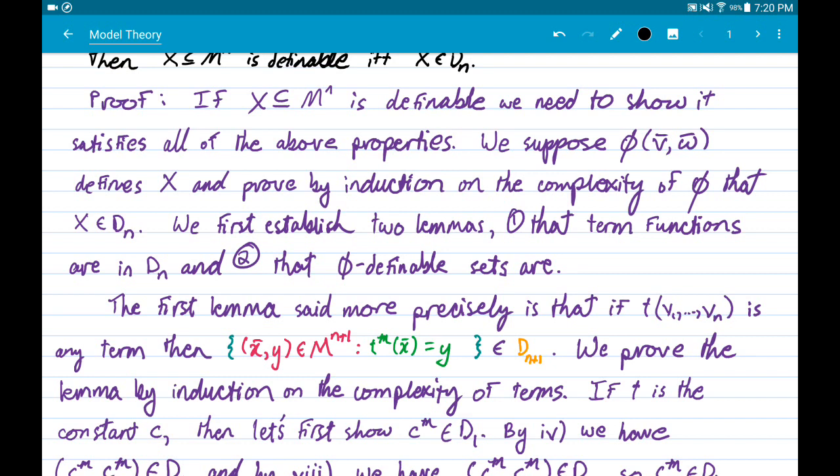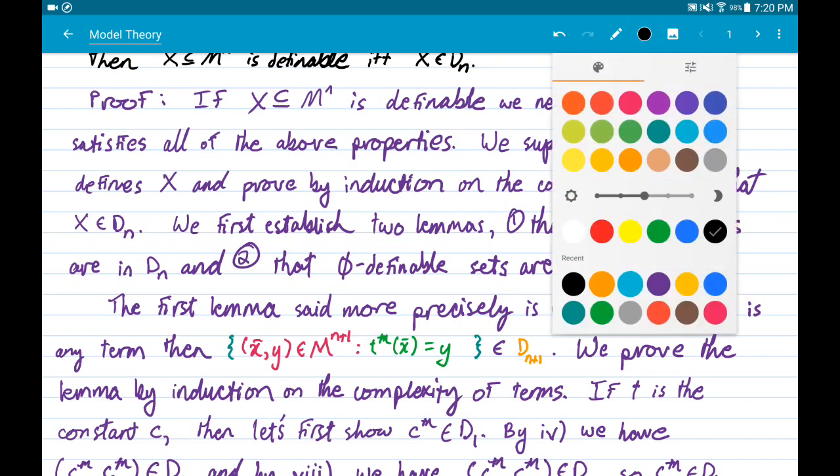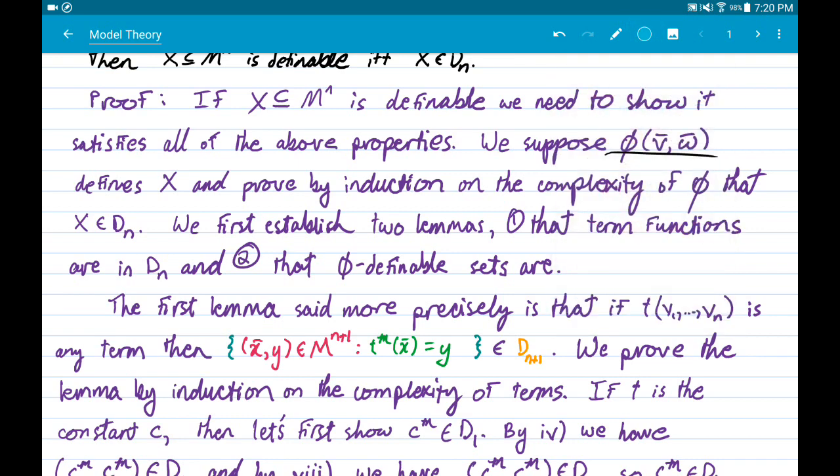So to do so, we suppose that phi defines X, and we will prove by induction on the complexity of phi that X is in one of these D_n's. In particular, it should likely